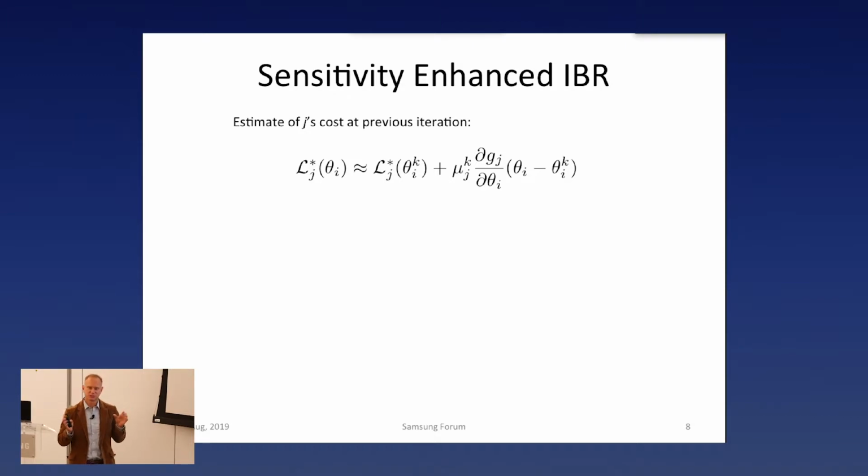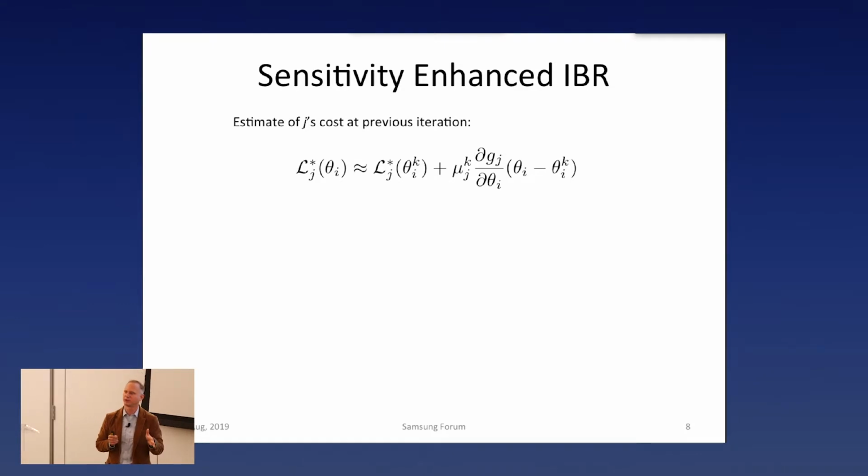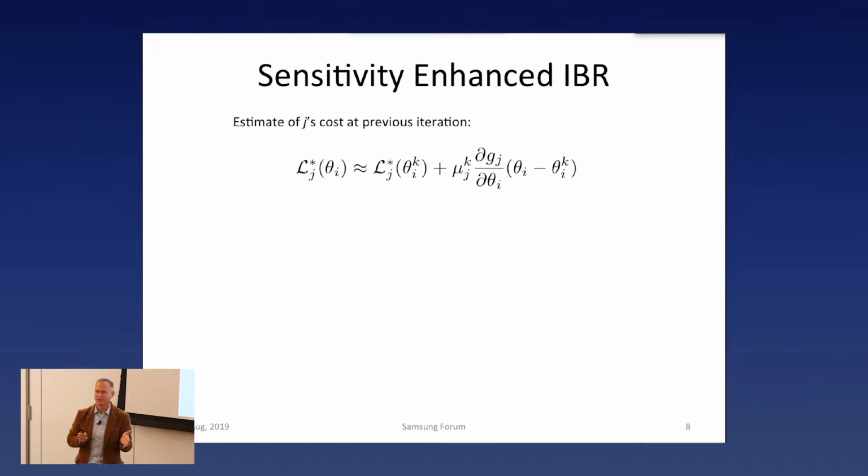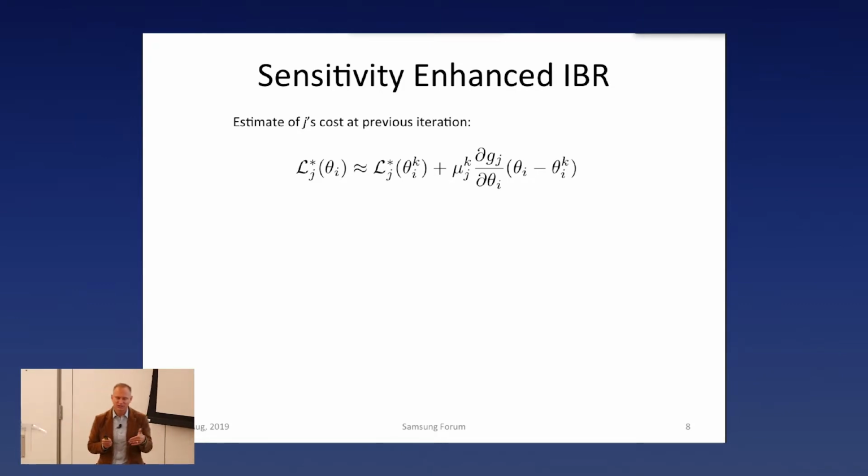If I insert myself in the future, if I plan to move a little bit in front of my competitor, I know that if I don't move too far in front, but just a little bit, that competitor is going to move out of my way. They're going to yield to me to a certain degree. The question is, how much can I push that bound? How much can I insert myself into that guy's trajectory and trust that he'll yield to me? And the way that we quantify this is through